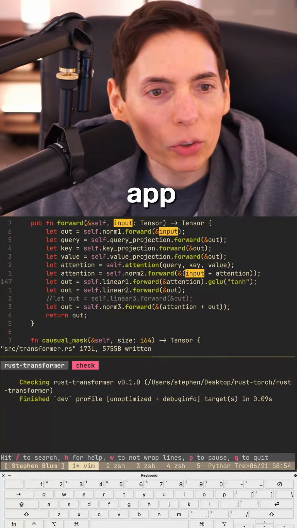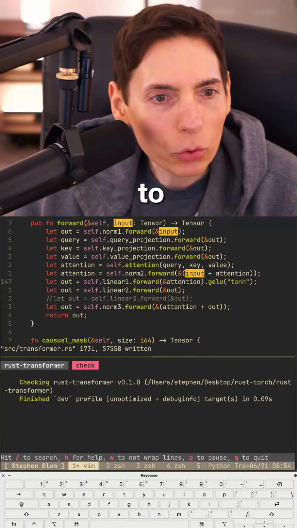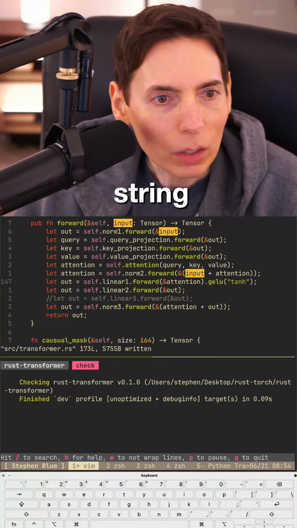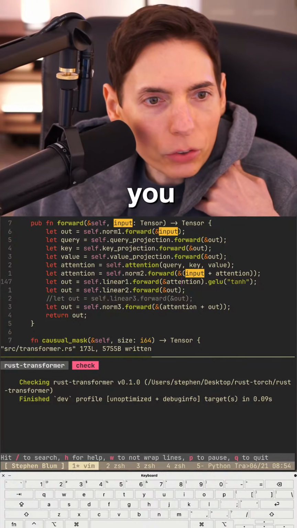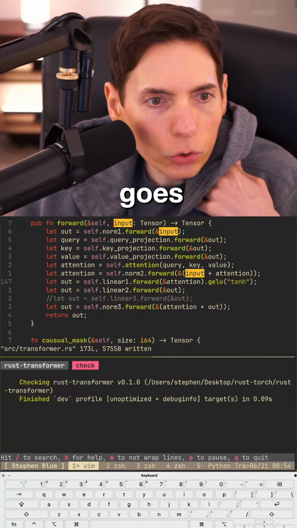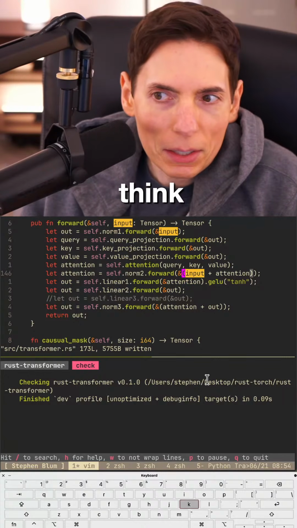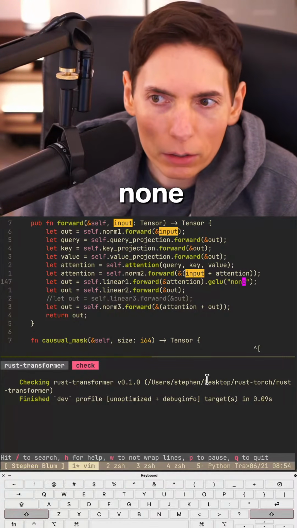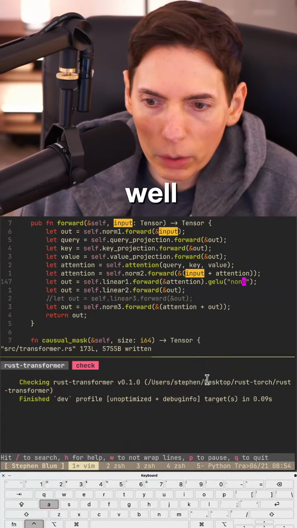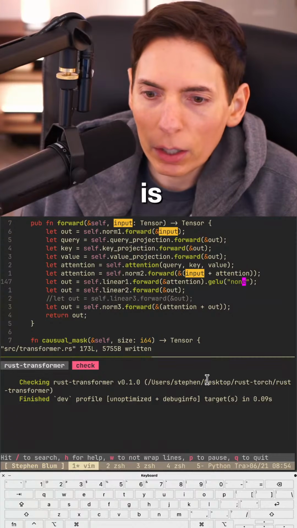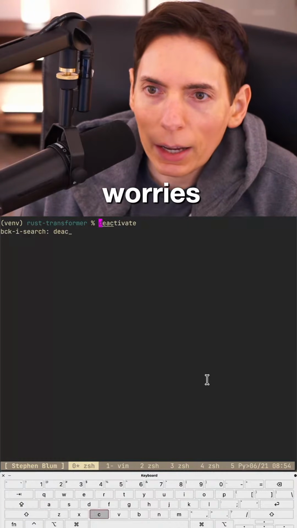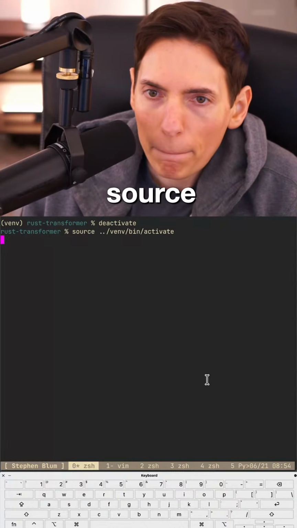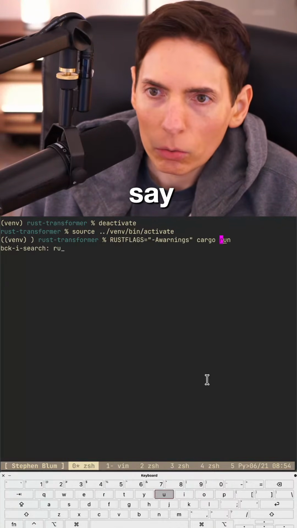Let's see. Oh, approximate string GELU unsafe torch error. There goes your string. String for GELU unsafe torch error. There goes your string. Well, I think, what if we put none? See if that works as well. Let's see. Where is that? Oops, I closed that. All right, no worries. Deactivate, source, and then we say run.